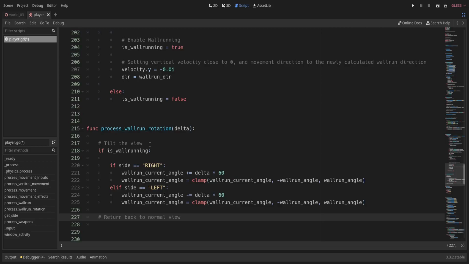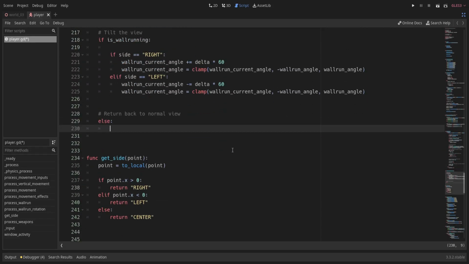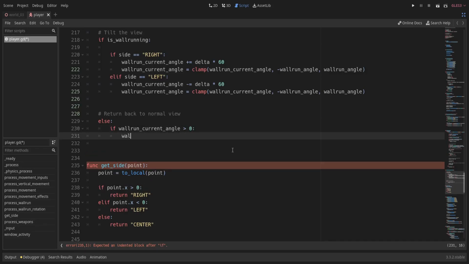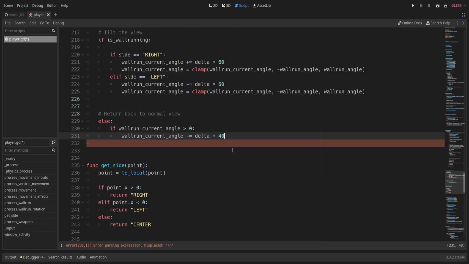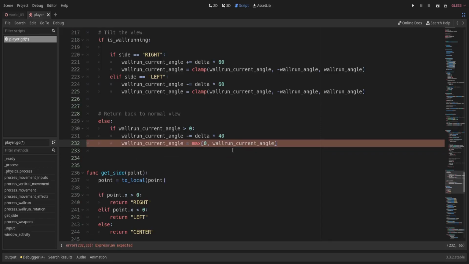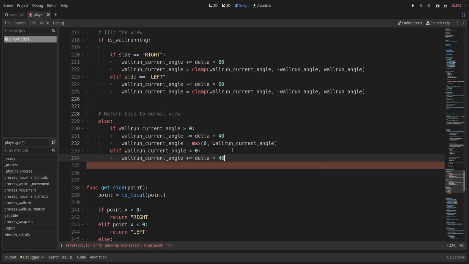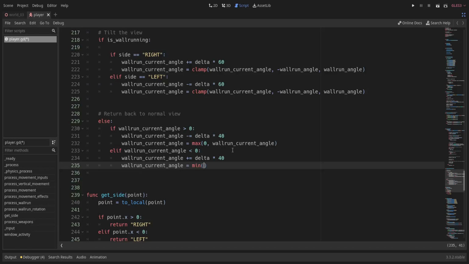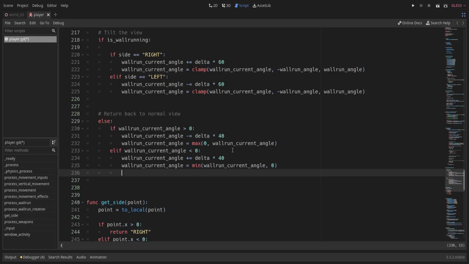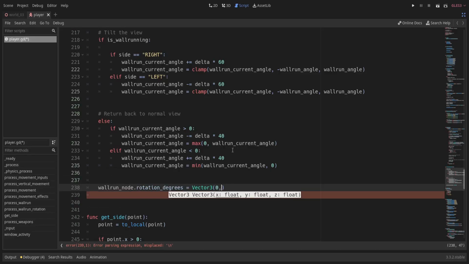Otherwise, if we are not wall running, we interpolate the value of wall run current angle towards 0. And finally set wall run current angle to the wall run node's rotation.